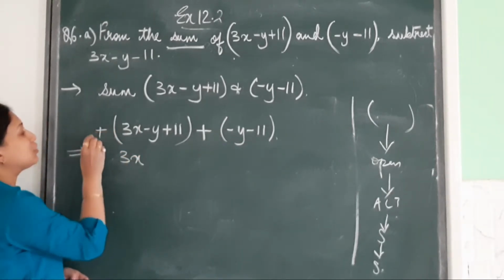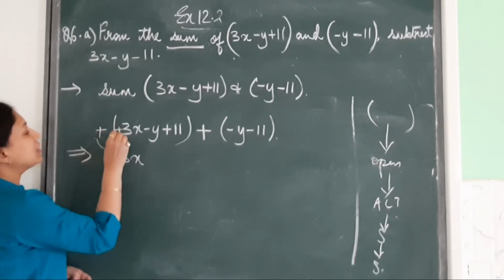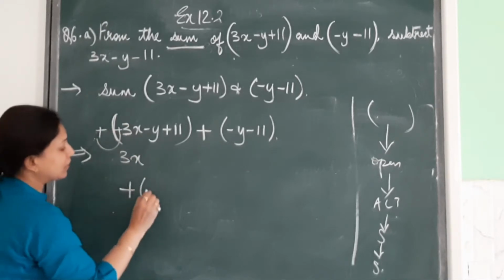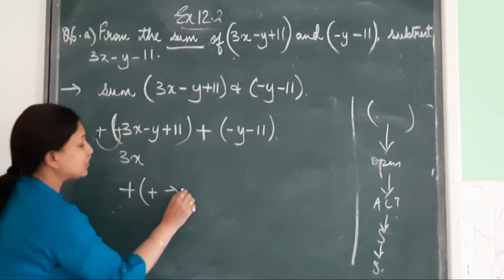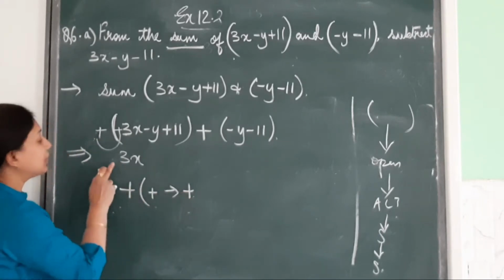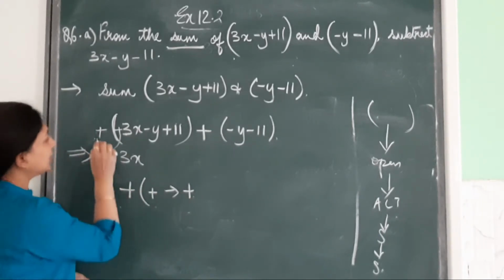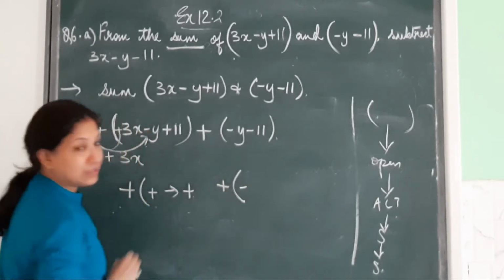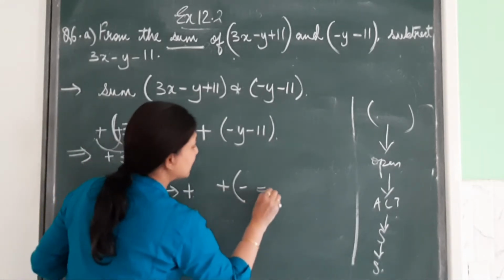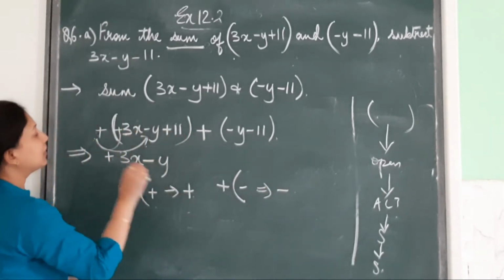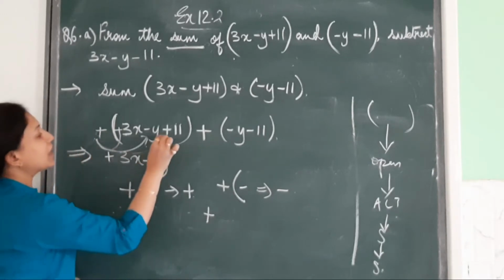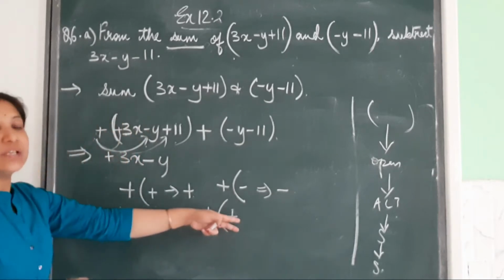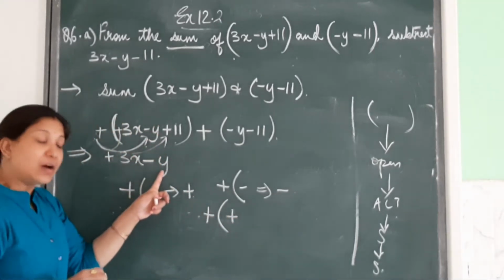Otherwise also, I will show you. Plus, no sign means plus sign. Plus, multiplied by plus. When you multiply same signs, you get a plus sign. Okay, now see for this one. Plus, moving inside the house, meeting minus. Plus into minus, difference in sign, answer is minus y. Again, plus, moving and meeting plus 11. Moving to the guest, plus 11. Plus into plus, same sign when you multiply, you will get a plus sign.